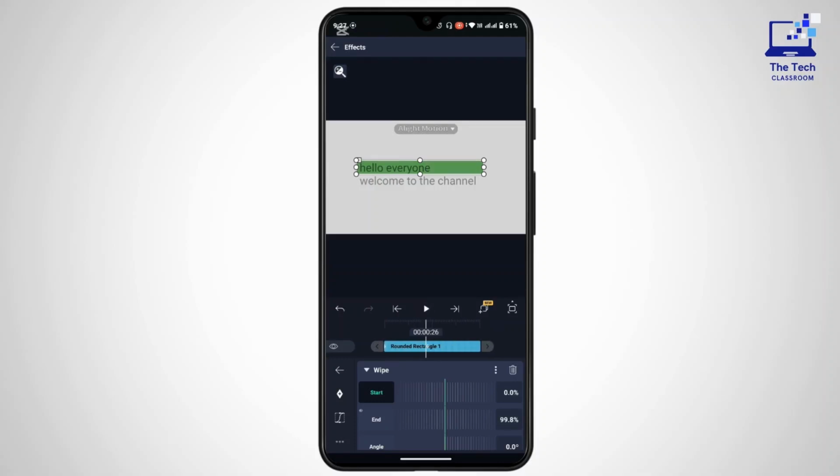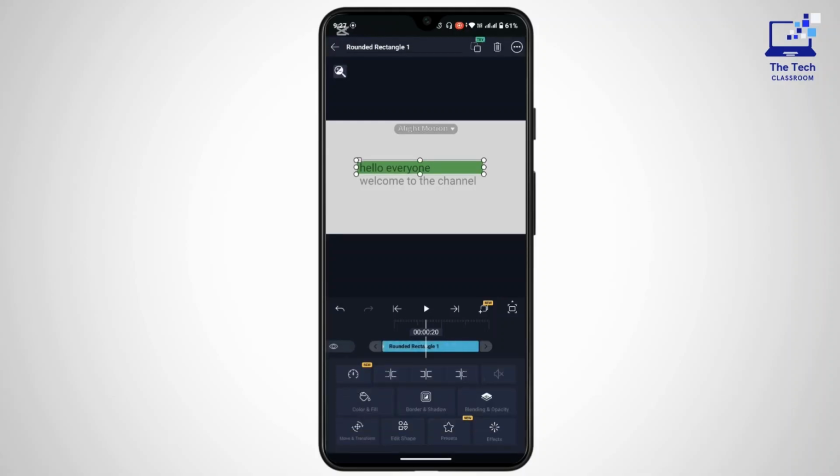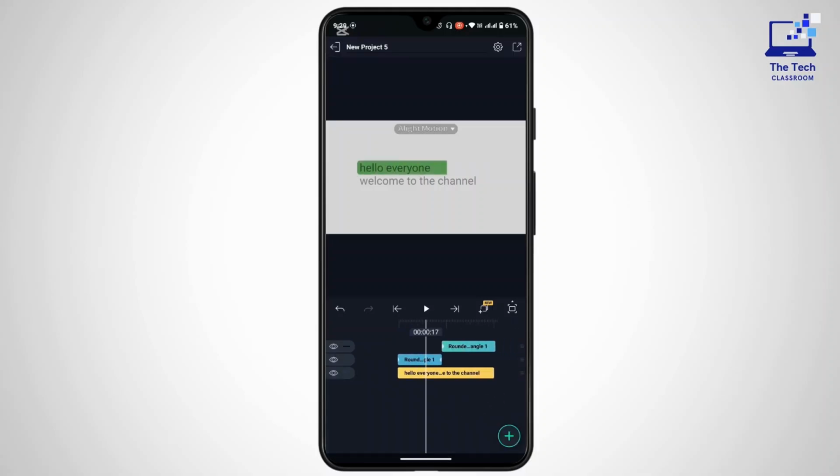Now once this highlight is applied to your first line, you can see there is a small white dot on your shape on the timeline. So drag it and place the vertical line on that white dot. Now you could crop this shape so that these highlights will work the same on your second line of the text as well. Now once you're done with splitting your shape, to apply the same highlight effect on the second line,